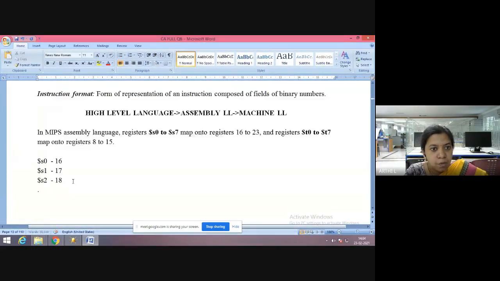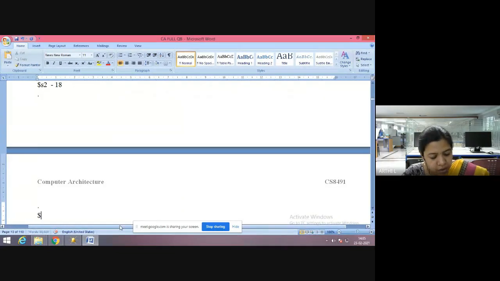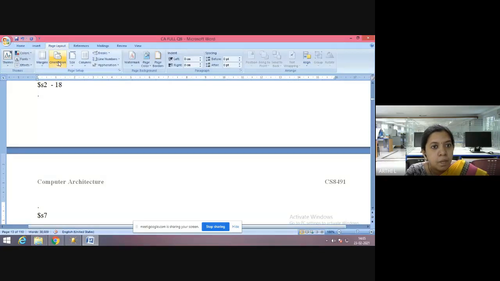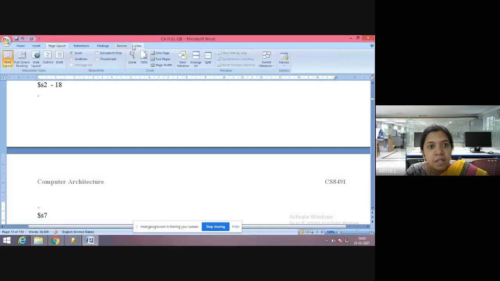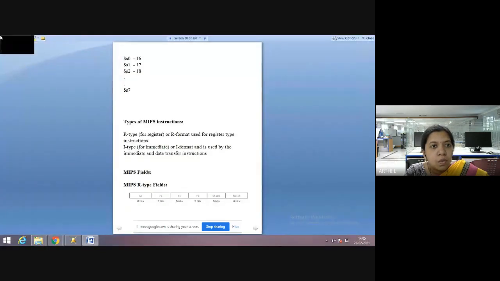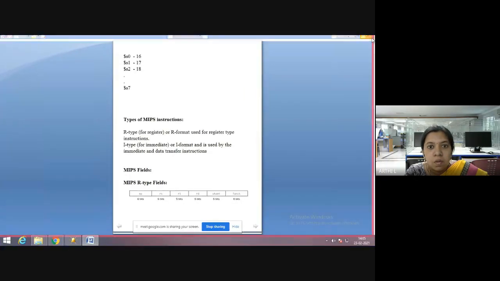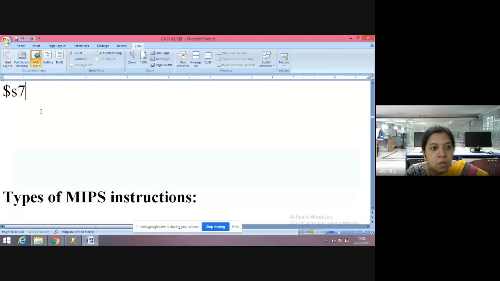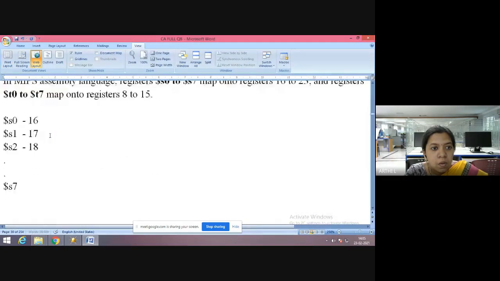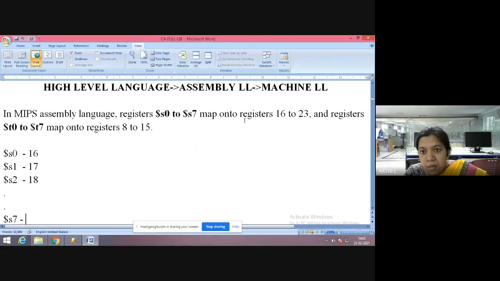It goes up to dollar S7. Once again, let me change the view. Dollar S7 will be named here as 23.